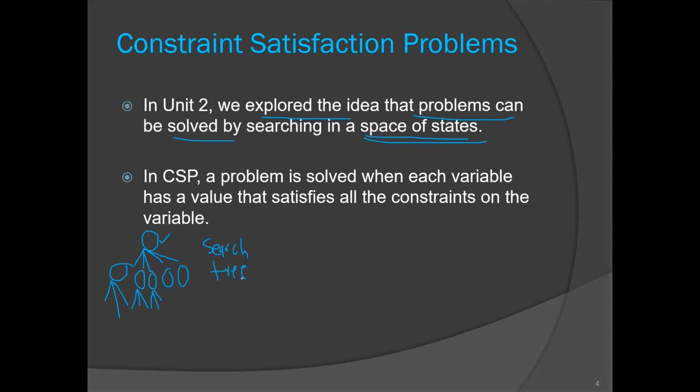So a search tree was generated, and we used to search in that search tree, and the collection of these nodes in the search tree is known as state space. Either we were searching blindly, that was the unguided search, or our search was helped by some heuristic function, and those heuristic functions were very problem specific. We have seen two heuristic functions for the 8 puzzle problem, right? So that was the scenario in unit 2.